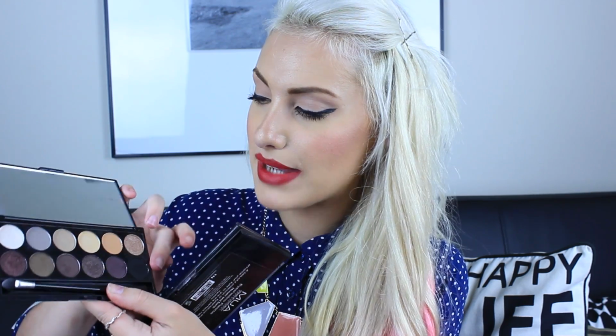This one is best for travelling, and I came up with two drugstore palettes. I've got the MUA Heaven and Earth palette, and I've got this Sleek Eye Divine Au Naturelle palette. These ones are both neutral colours, and I think when you're going on holiday you want really easy-going colours, stuff that you will wear on a day-to-day basis, day or night, and these have just amazing colours. You've got a black as well, that's good as an eyeliner if you don't want to take any gel